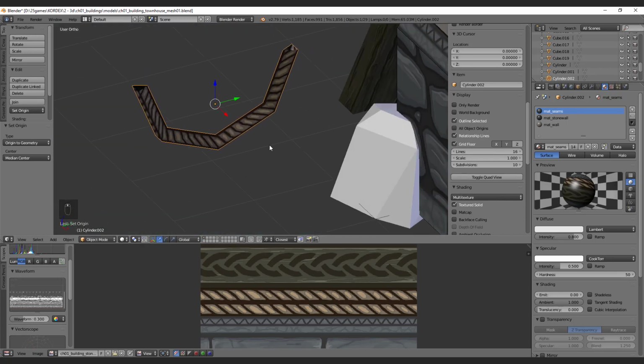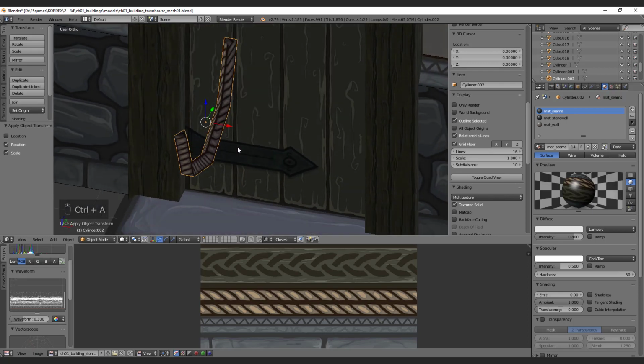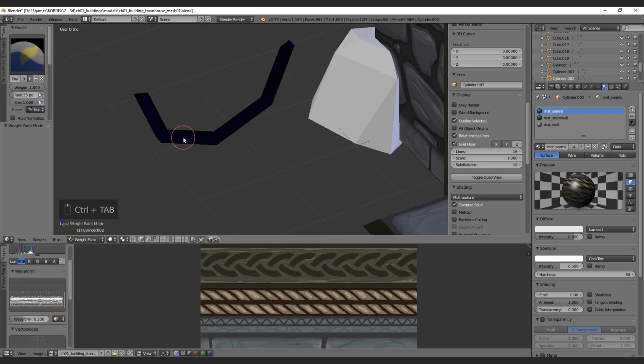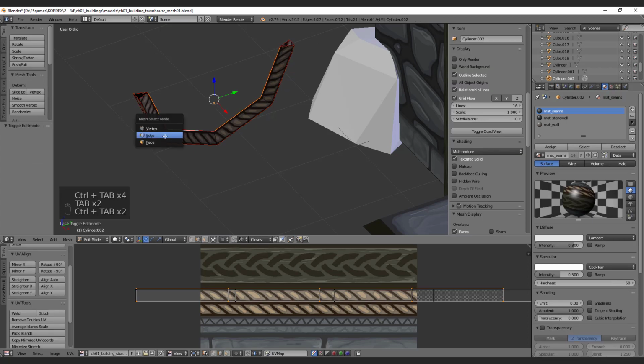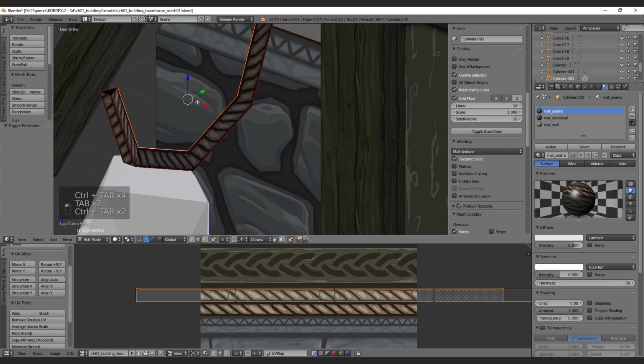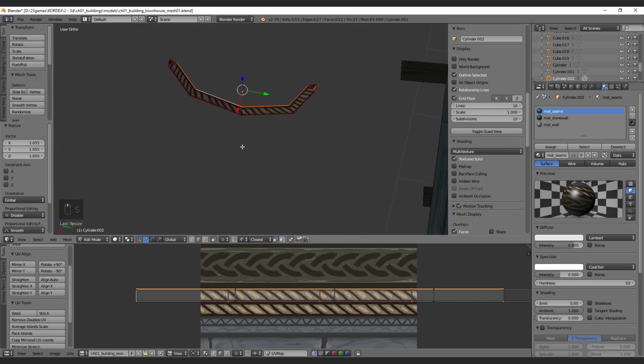Okay. Rotation scale. Scale epsilon. Oh, this is scale X, sorry. So make it a little bit flatter. And here again, just this edge and scale it as well. So make it a little bit